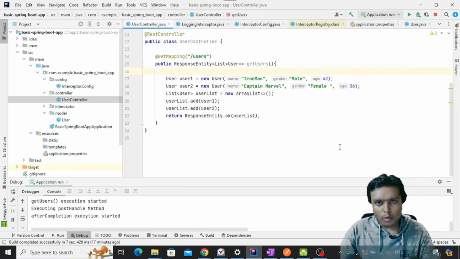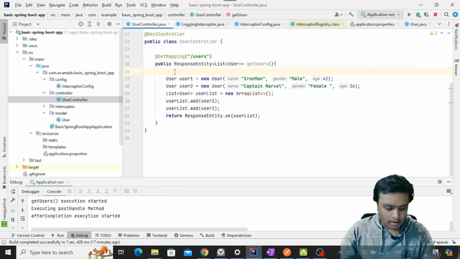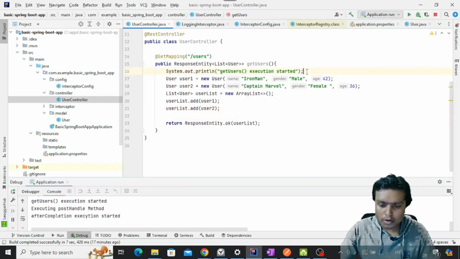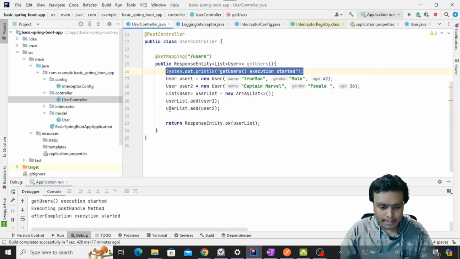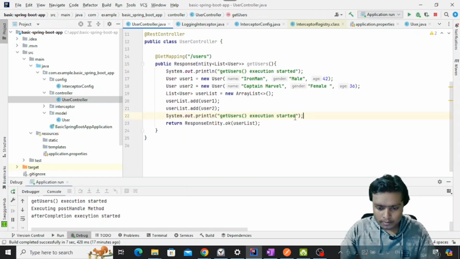Let's add two more logs in our controller. Let's add one log when the execution of your controller is starting, and let's add another log once the execution of your controller is ending, something like this, ended.